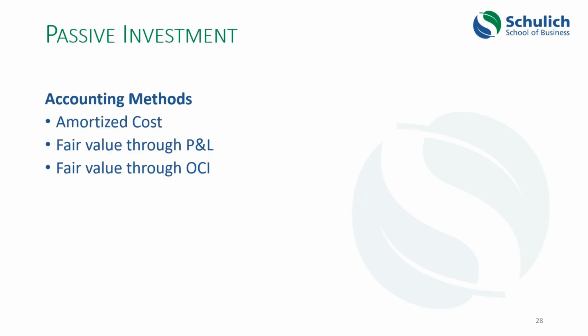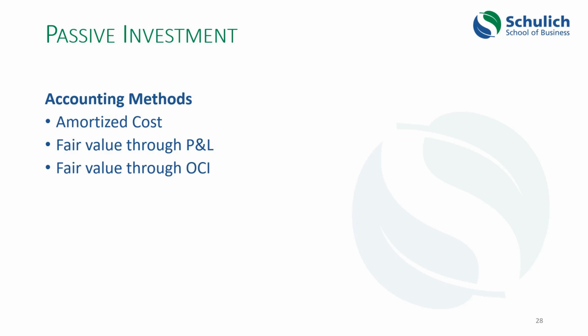Now let's look at passive investment. So this is the situation where a company owns a small percentage stake in another company and has no interest in influencing that company whatsoever. It's just bought some shares on the stock market and may sell them at some point in time. So the question is, when is that point in time that it plans to sell those shares? That's what's going to determine how the company accounts for those.